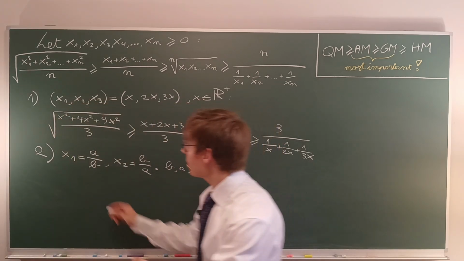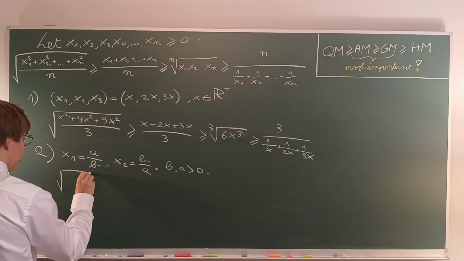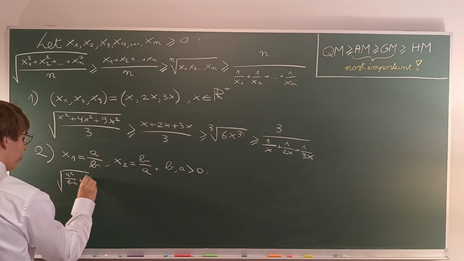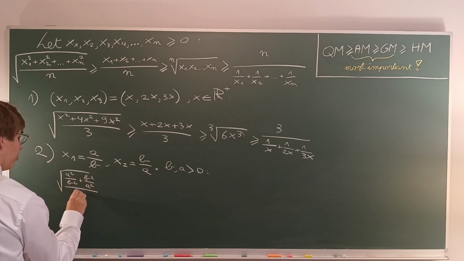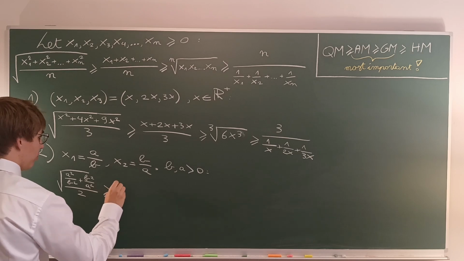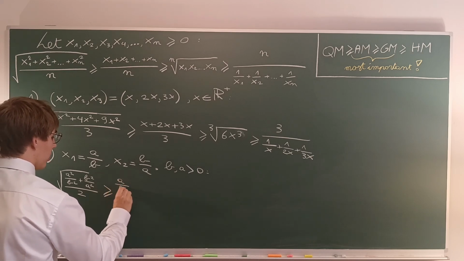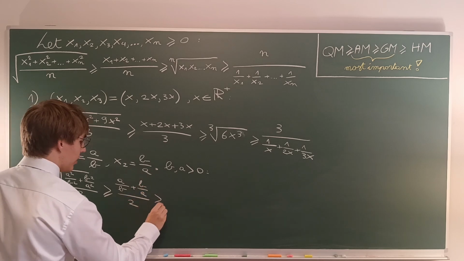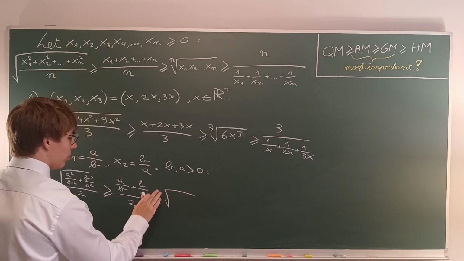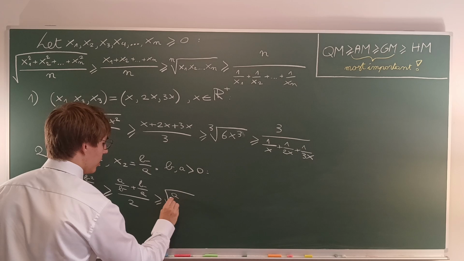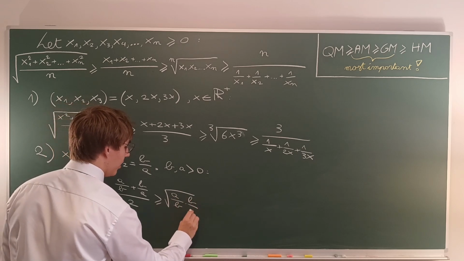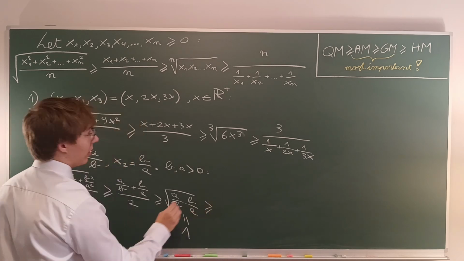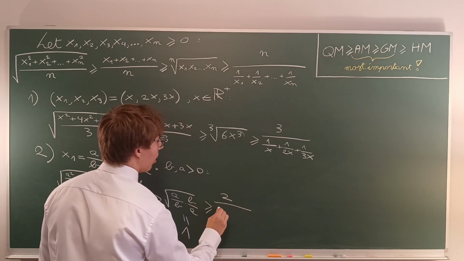Now this gives that the square root of a squared over b squared plus b squared over a squared, over 2, is greater than or equal to a over b plus b over a over 2, which is greater than or equal to the square root of a over b times b over a, but this is just 1, of course, and that is greater than or equal to 2 over b over a